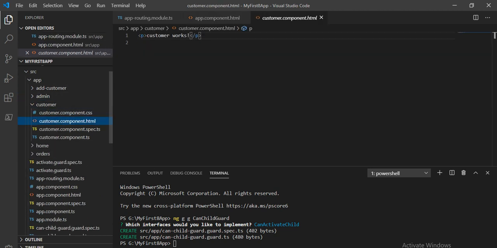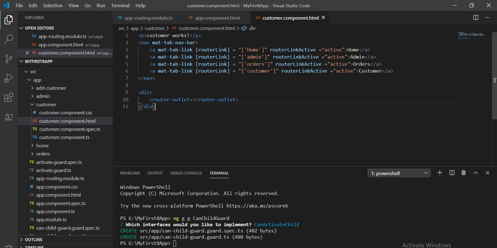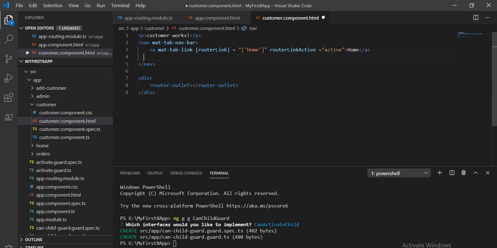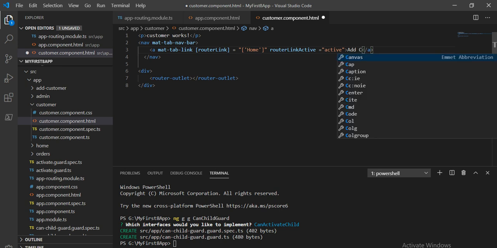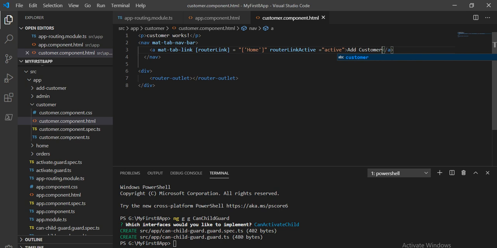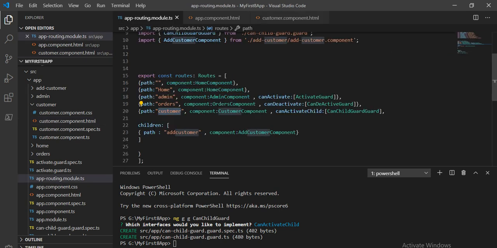So I have come here. Now I don't need all this, I need only add customer. So what I will write here, I'm going to write the button name as the tab name, add customer, and when I click on this add customer, it should navigate to this add customer.